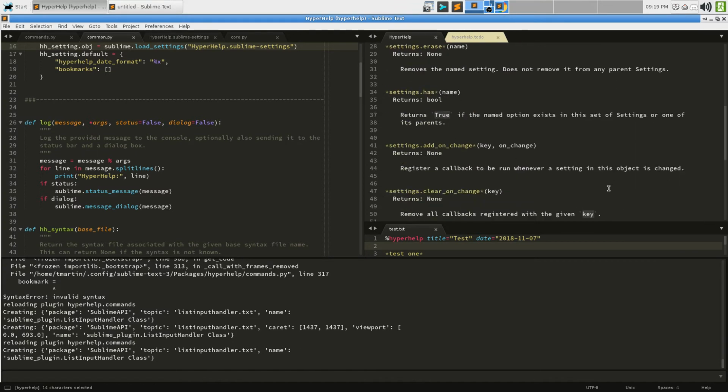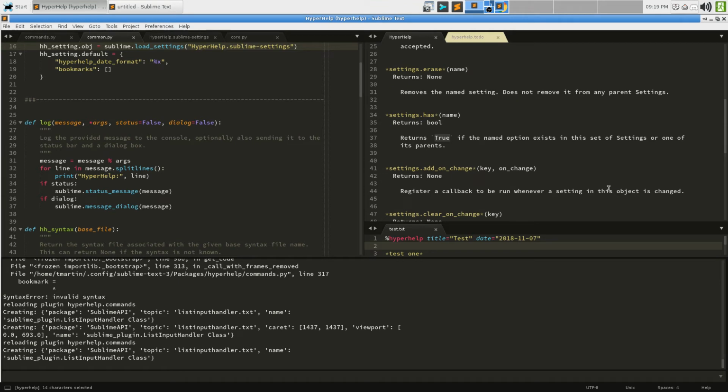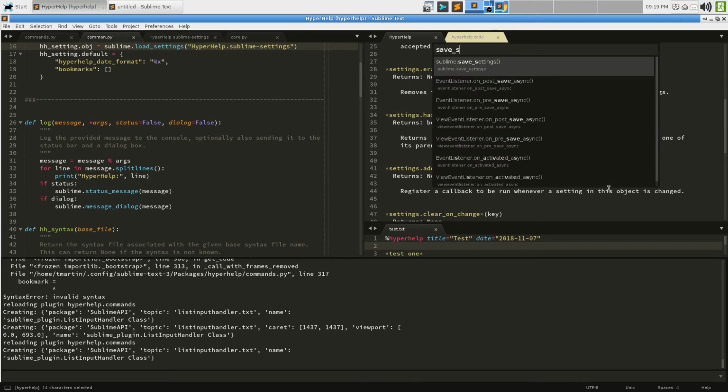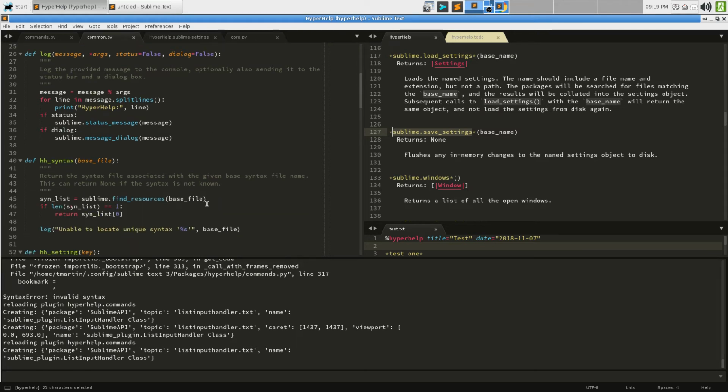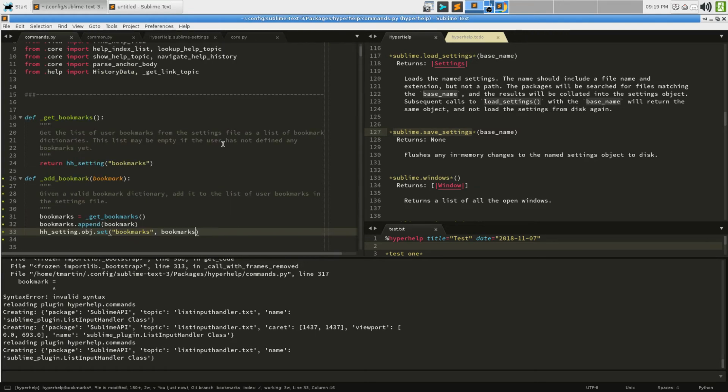Oh, it's not a save from here, is it? No. It's save settings with the base name. Okay. Bookmarks equals to get bookmarks. We get the list of all the bookmarks. We append one. We set the setting bookmarks to the new set of bookmarks that has been modified, and then say sublime.save settings and